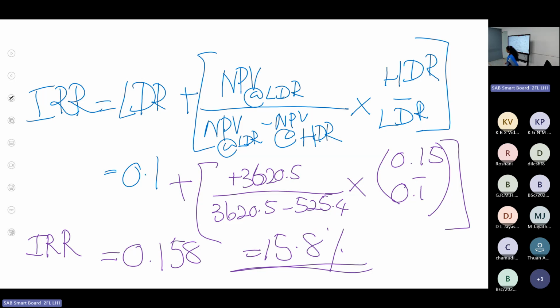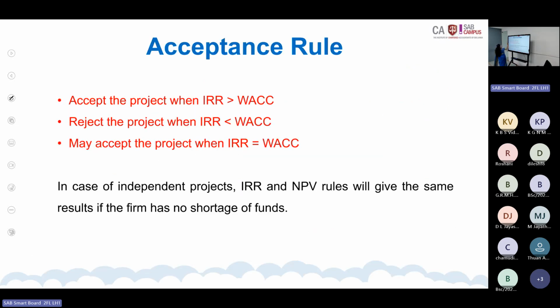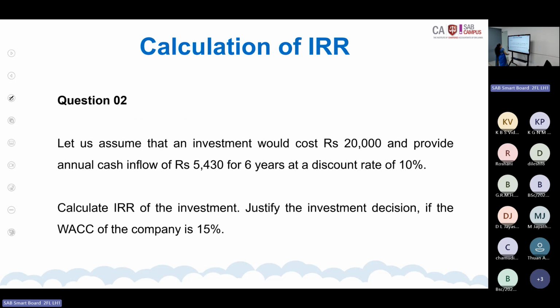15.8. Right. Okay. If the question given to us, company back is how much? Company back is 50. Overall cost of capital of this organization is how much? That is 15%. If you remember the overall weighted average cost of capital, last week